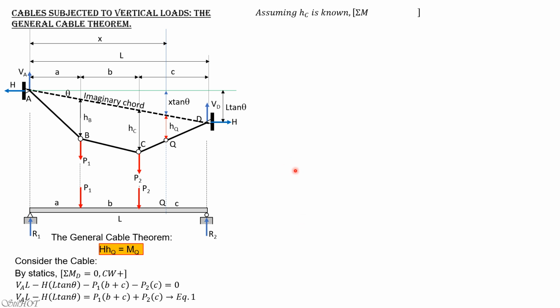Assuming H sub C is known, summation of moment about C equals 0, clockwise positive, considering forces left of C. Then we can set up another equation: V sub A times (A plus B) minus H times (A plus B) times tangent theta equals P1 times B plus C. So this equation is V sub A times (A plus B) minus H times, because this distance is A plus